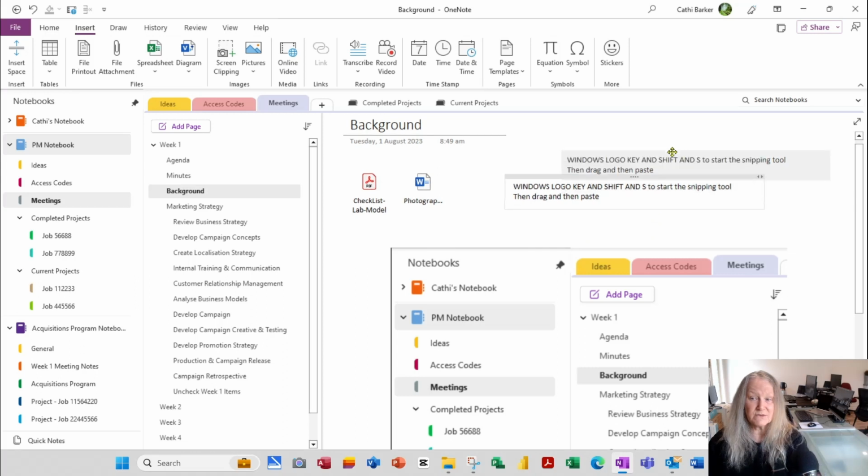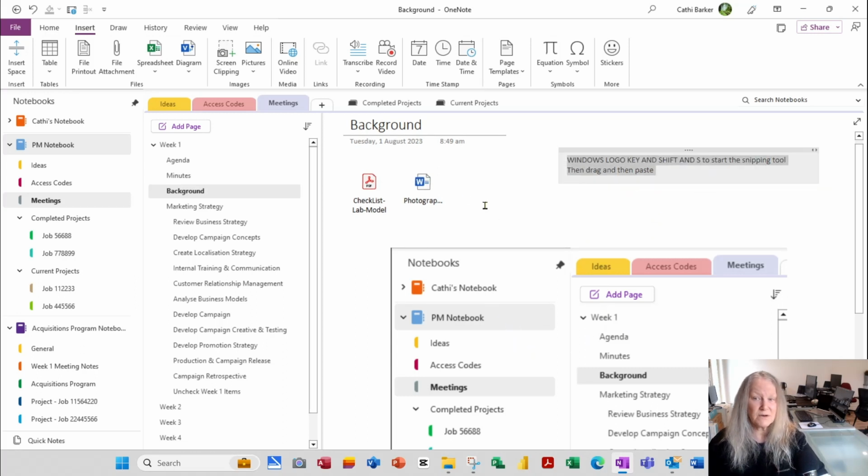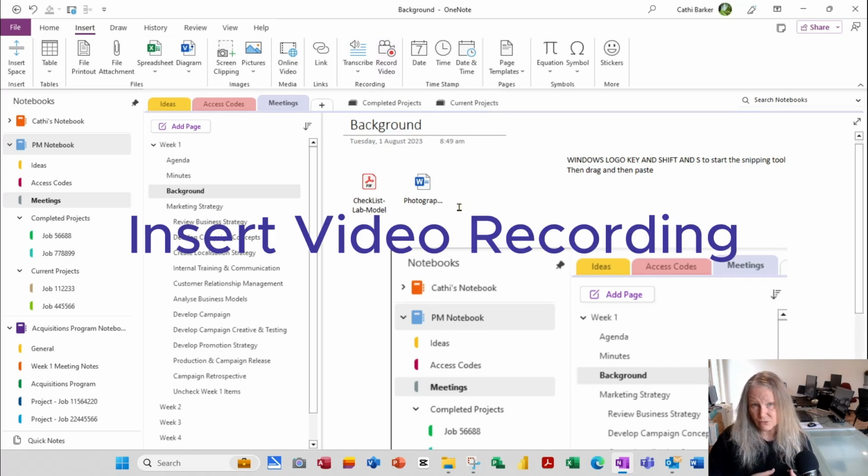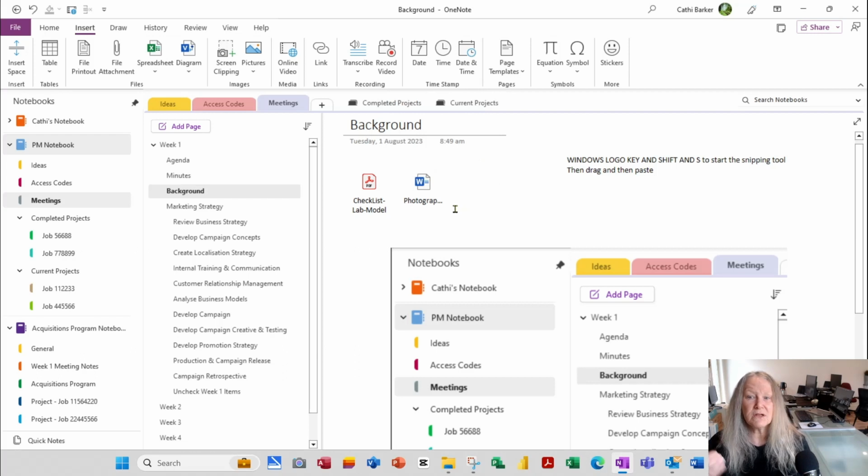You can move it around if you need to, put a screen dump over here, put a couple of attachments here. One's a Word document, one's a PDF file, and you can also insert pages of pictures, of course, as well. Now the other thing you can do is you can insert a video, so you can actually record a video. I won't do that because that'll probably upset the recording I'm currently doing,